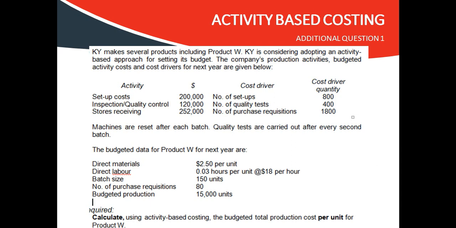So they have given three activities: setup cost, inspection, stores receiving. For each activity, they have given you the cost driver also. So you don't have the complication of identifying the cost driver or even calculating the cost driver. They have given both. Machines are reset after each batch. Quality tests are carried out after every second batch. Okay. The budgeted data for product W for next year are